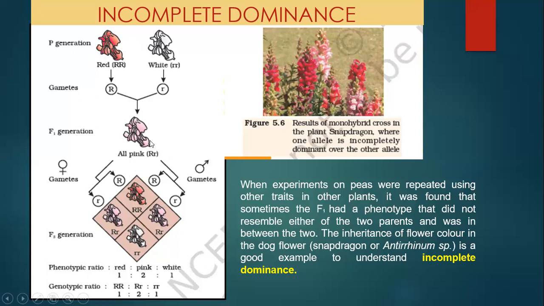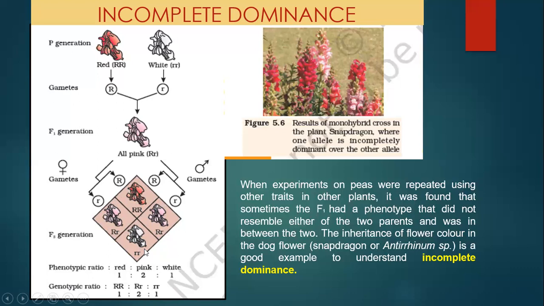After that, after doing self pollination, the gametes will be exactly similar, that is capital R and small r. Here also capital R and small r. And if you see here, wherever there is a homozygous dominant trait, red color flowers are obtained. Whenever there is a heterozygous condition, pink color flowers are obtained. Whenever both alleles present in the pair are recessive, white color flowers are obtained.